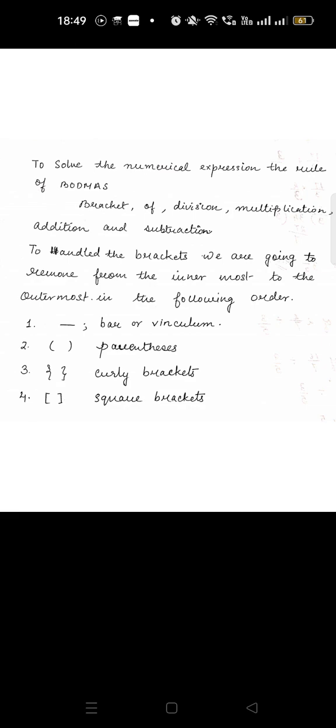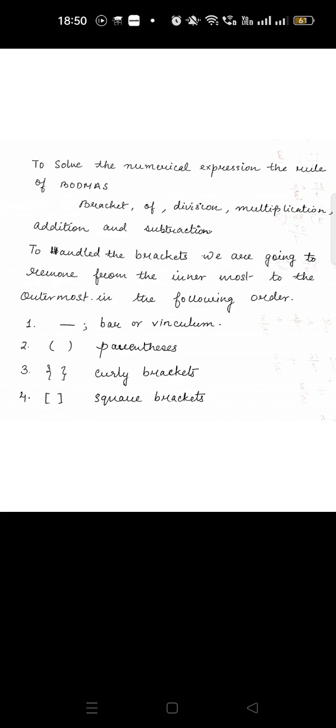এই BODMAS যে রুলটা আছে এটা ভীষণ ইম্পর্ট্যান্ট। কেন ইম্পর্ট্যান্ট? কারণ প্রতিটা স্টেপ কিন্তু সিরিয়ালি আমাকে ফলো করতে হবে। প্রথমে ব্র্যাকেটের পার্টটা সলভ করব। তো ব্র্যাকেটের পার্টের মধ্যেও আবার 4টে ডিভিশন করা আছে। তো